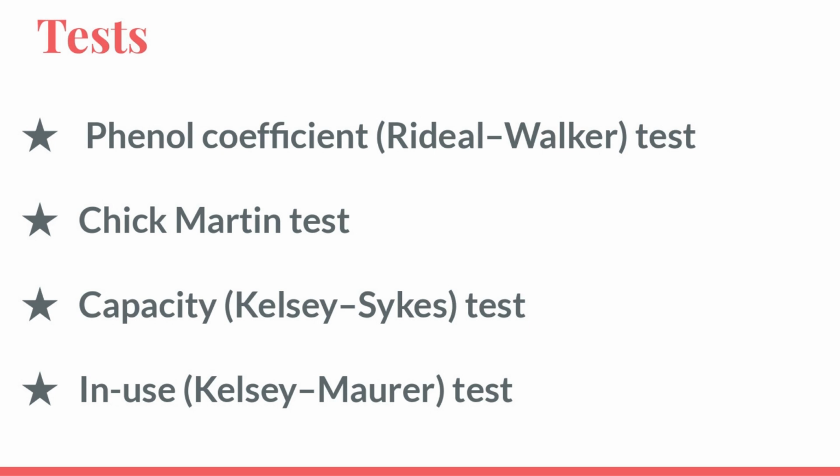Names of such tests are the phenol coefficient test, which is otherwise known as the Rideal-Walker test. The second test is the Chick-Martin test. The third one is the capacity test, which is otherwise known as the Kelsey-Sykes test. And the last one is the in-use test, which is otherwise known as the Kelsey-Maurer test,